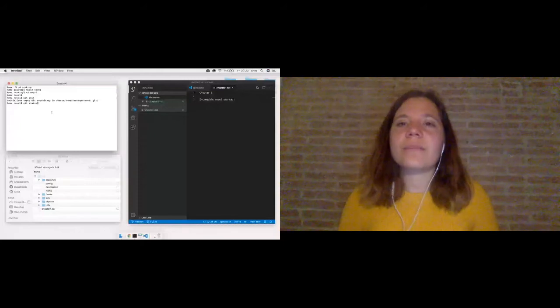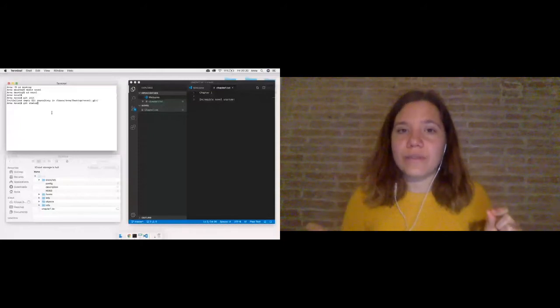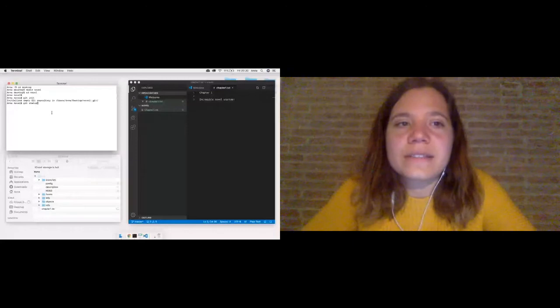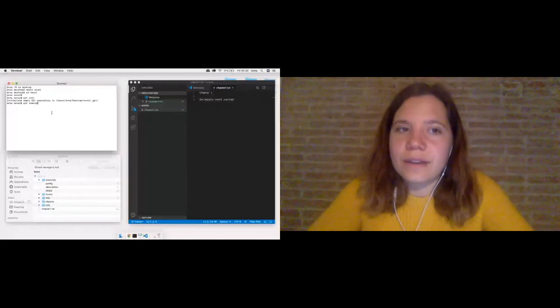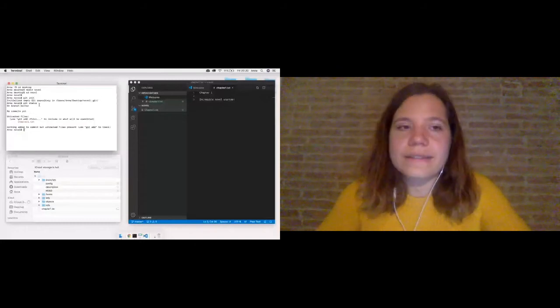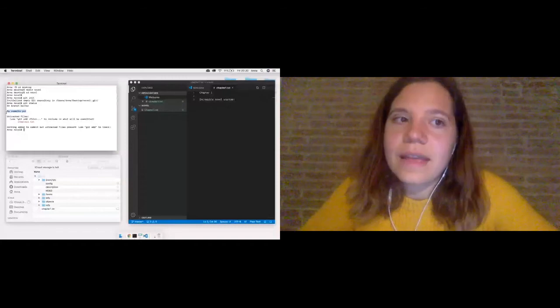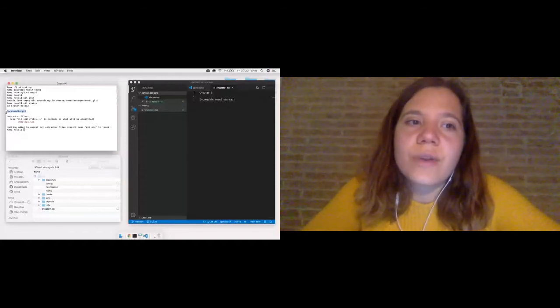And it's going to tell me whether there's a difference between the two of them. So if I type in git status here, and then I press enter, Git is going to tell me that there are no commits yet. And that's understandable because I haven't yet made any commits. And it's going to tell me that there is an untracked file